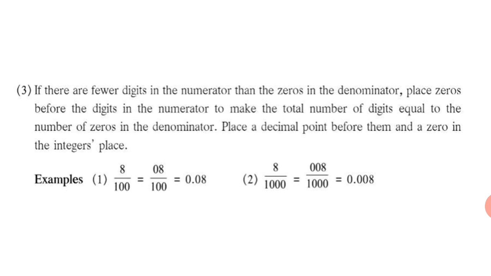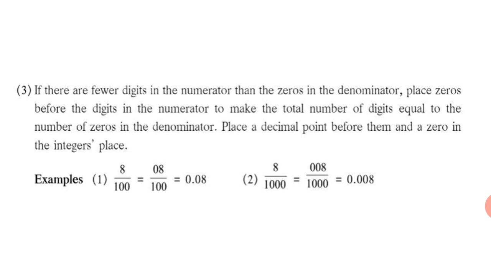8 upon 100. Now zeros are more and single number 8 is there in the numerator. Now, as per the rule, we will have to write the number in such a way that there will be two places from right and then a decimal point can be placed. So 8 means we can assume it to be 08. So here also we are making use of 0 to fill up the place. 08 upon 100 is equal to, now you can write decimal point before two digits and place a 0 before it. So 0.08 is your final answer.